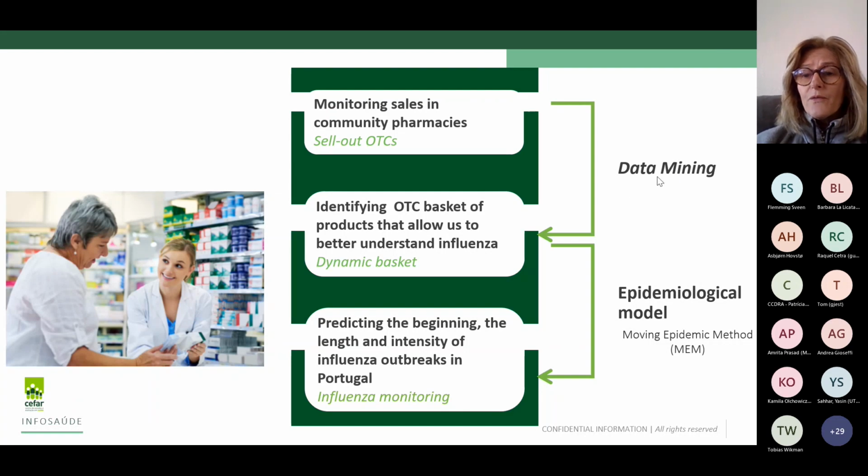So with techniques of data mining, we tried to find a set of baskets and then elect the best one. And then we utilize the epidemiology model to predict the beginning, the length, and the intensity of influenza outbreaks in Portugal. We started this work